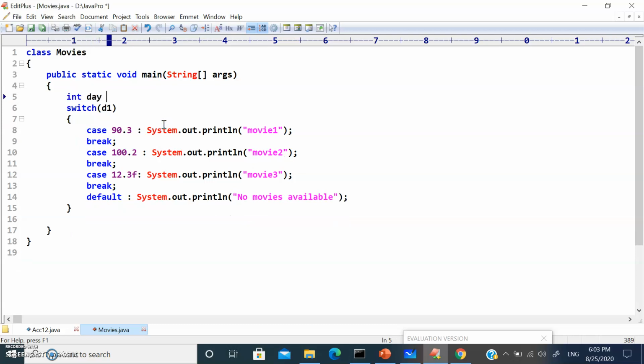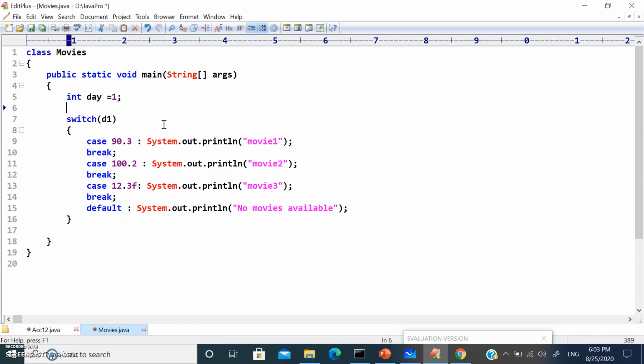So let's say int day is equal to 1, int day is equal to 2. So let me change it here, case 1. And I'm going to give case 3. I'm not going to give case 2 over here.